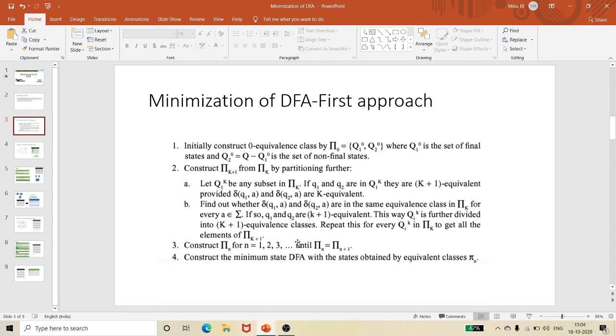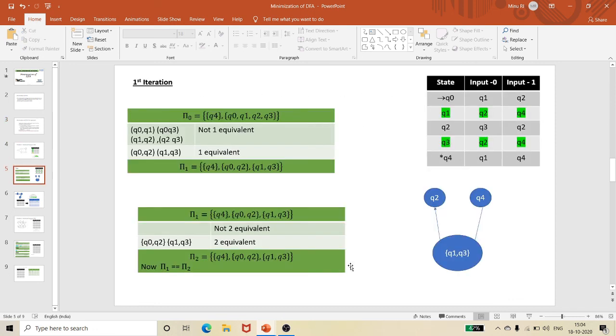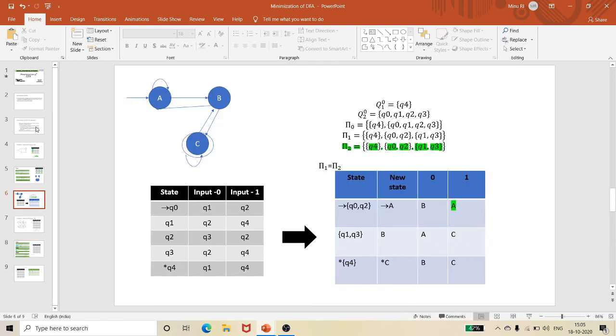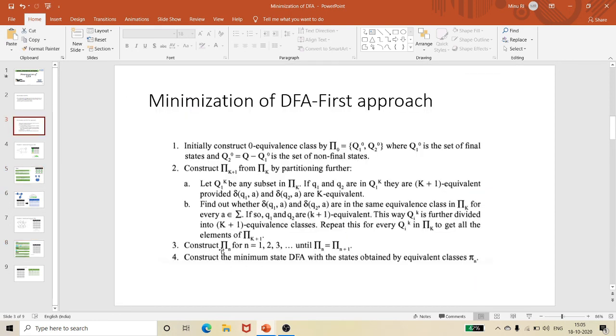When pi of n is equivalent to pi of n plus 1. Here you can see that pi of 1 is equal to pi of 2, so I have stopped. Here pi of 2 is equal to pi of 3, so I have stopped. That's what the theorem says: construct pi of n such that pi of n is equivalent to pi of n plus 1. Now construct the minimized DFA with the states you have arrived at.